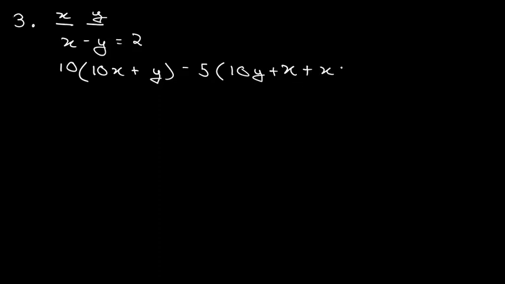Plus x plus y. This is the sum of the digits that we are getting, and it is exceeding by 90. Okay, is the question clear to you? I am reading the question once again. In a two-digit number, the digits differ by 2. So we have just made the difference as 2, and 10 times the number exceeds 5 times the sum of the number formed by reversing the digits, and the sum of digits by 90. This is the sum of the digits, and this is the number formed by reversing the digits, and it is exceeding by 90. So I have put this 90 on the RHS side.